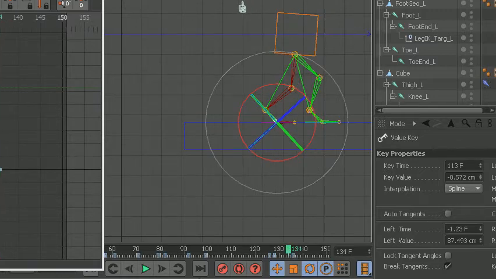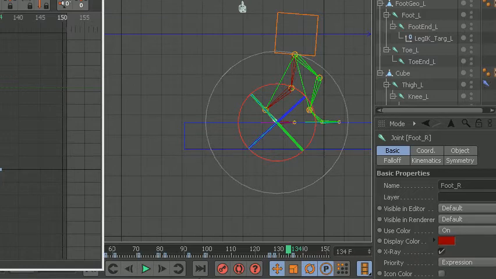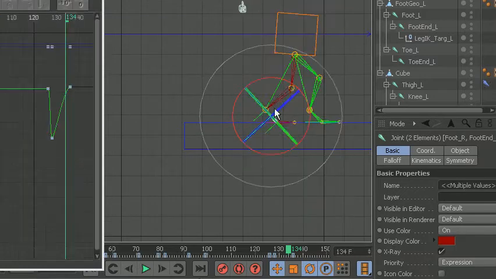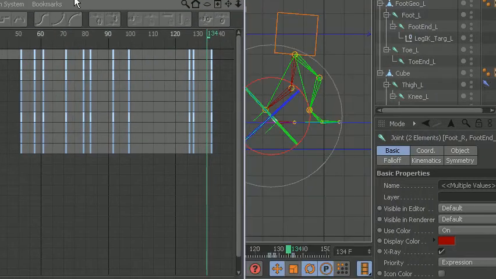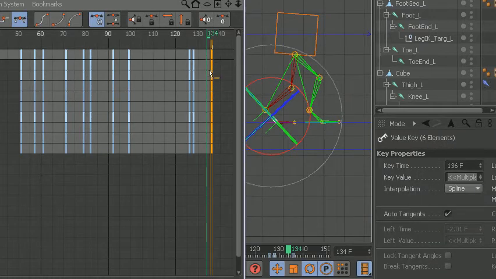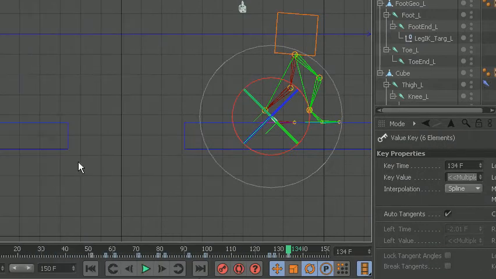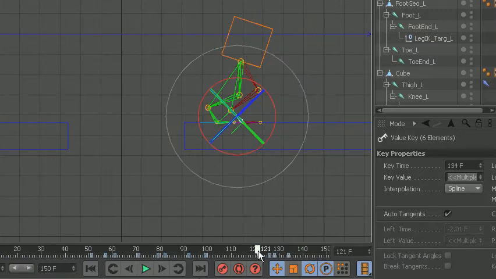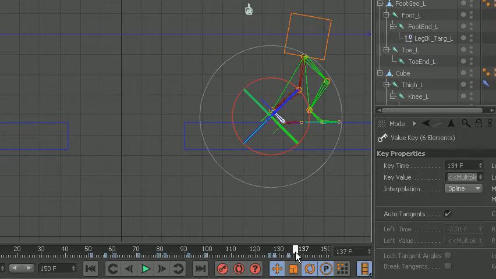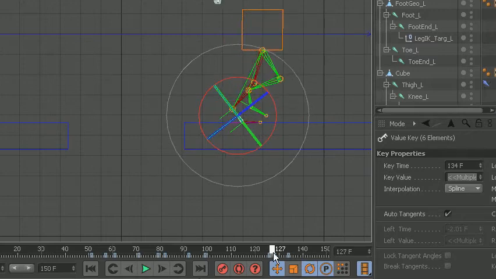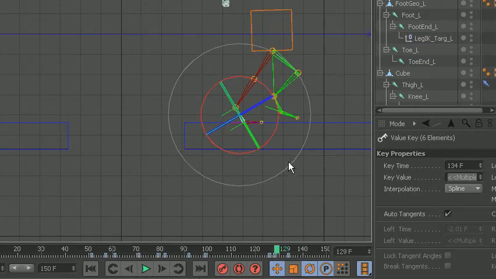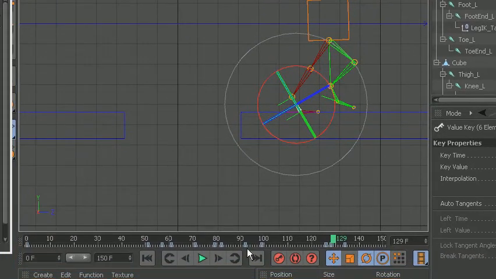You should land right around there. I'm going to select both of these. Show F curves. Okay. Actually, maybe I'll just go to tracks mode. There. Now I'm just going to have his foot lift up. Alright, and now let's deal with these guys here. I got very little space to work with. So what I'm going to do is